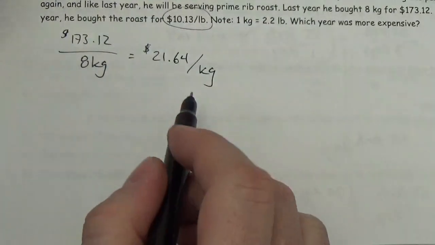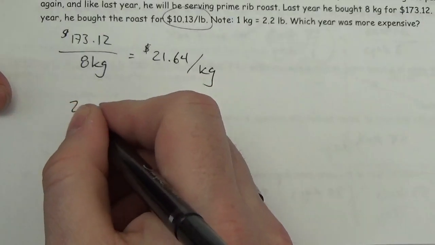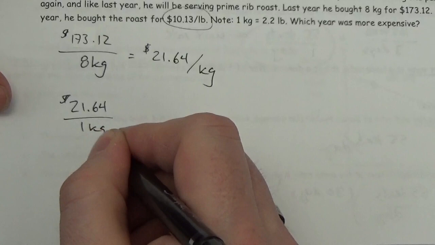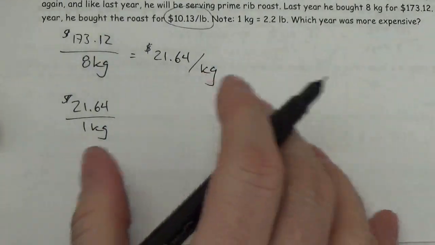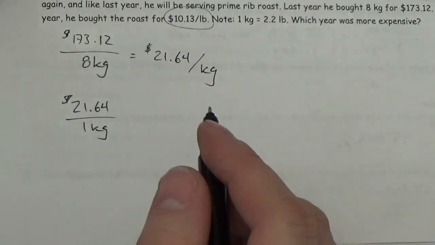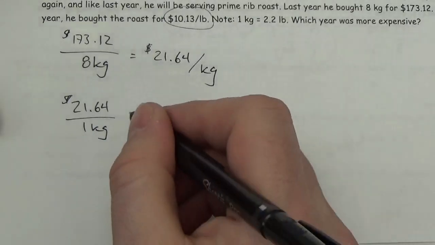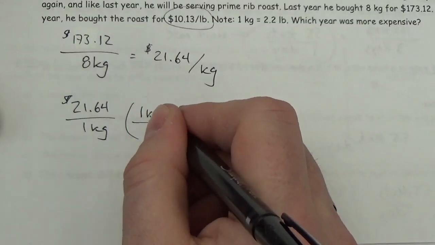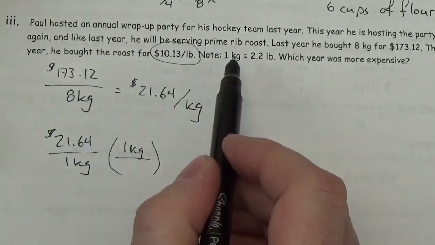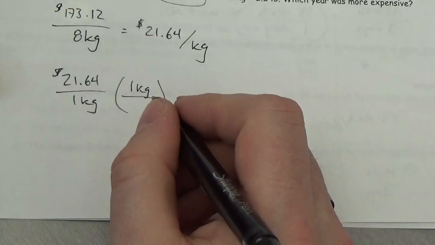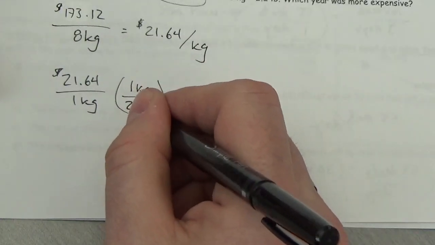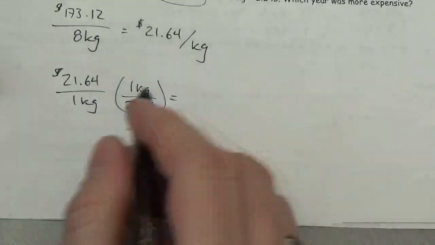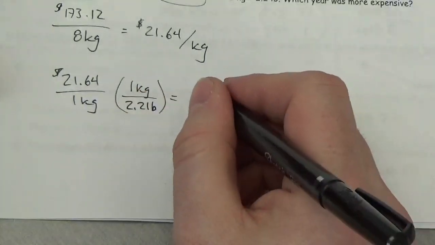So I want to convert this $21.64 per 1 kilogram. Okay, what I'm going to do is I'm going to convert that, and I'm going to do that by using my unit conversion, my unit analysis. I'm going to multiply that by a conversion factor. I want the kilograms to go away. So I'm going to use this ratio up here. 1 kilogram is 2.2 pounds. I want pounds in the denominator, so 2.2 pounds. And when I do that, my kilograms are going to cancel. I'm going to get